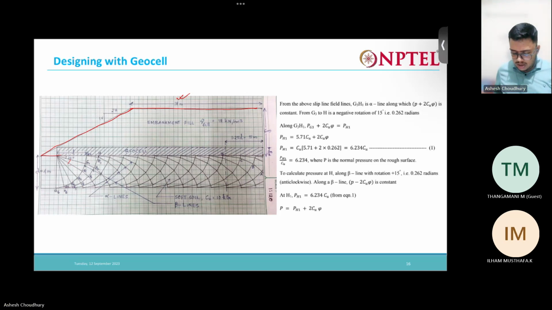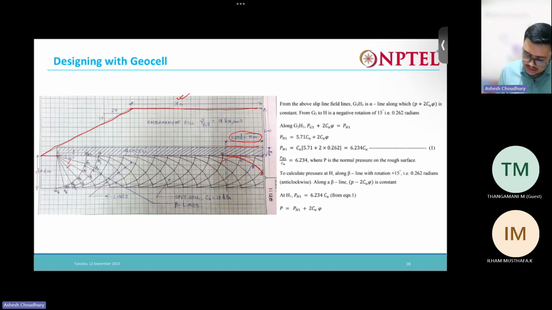Now you can see, from here we have 1.25D, 5 meters. This part gives us the rigid portion, and this is the chord that separates the rigid portion. Now from the above slip line field, G3H1 is an alpha line along which p plus 2Cu theta is